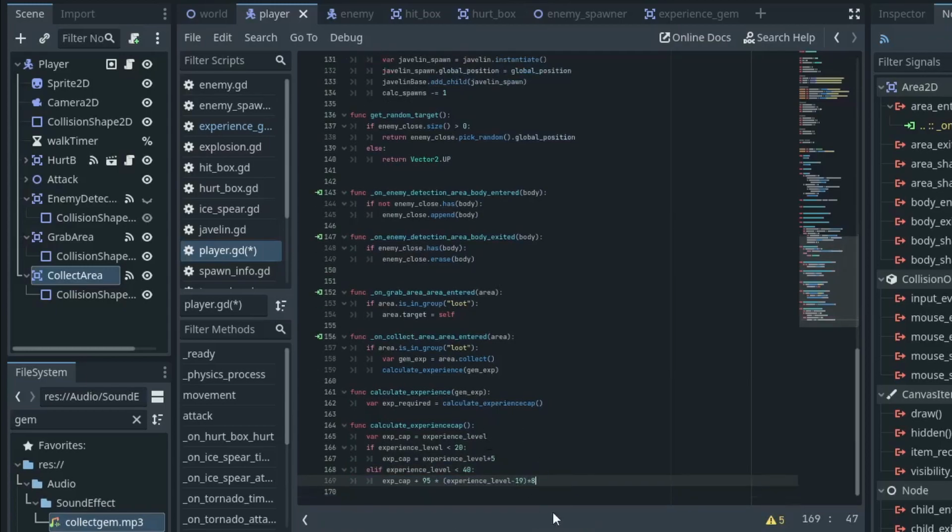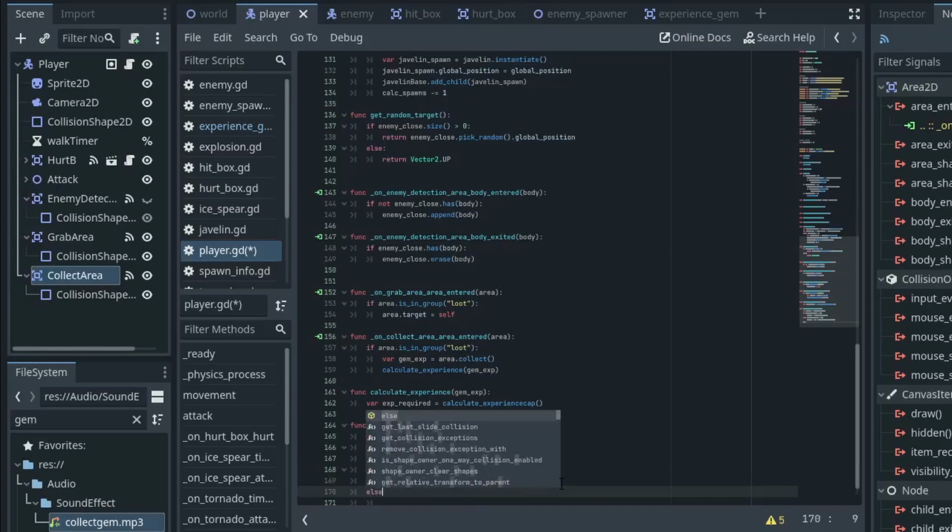So it's kind of like a progressive tax bracket, where the first 20 levels you have to get like 5 experience. The next 20 levels you have to get 8 experience, and then after that, which is our else,